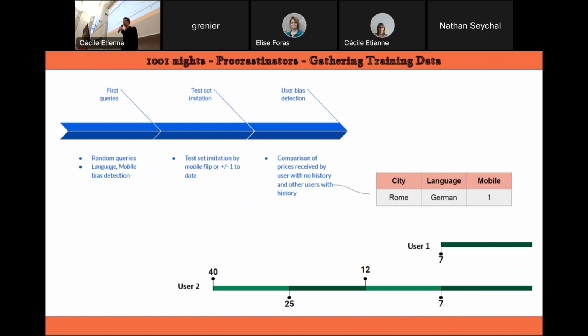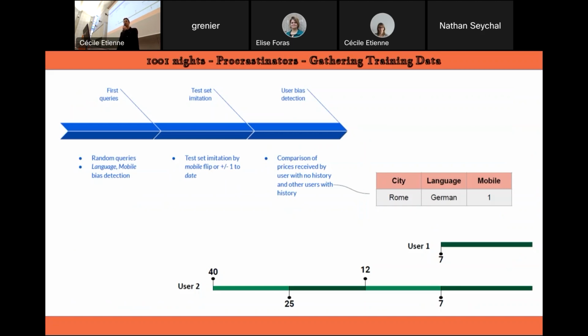But user 1 just requested on date 7, whereas user 2 had requested for a long time, on dates 40, 25, 12, and after 7. So it clearly has been more interested over time in going here, so the intuition would be that the prices would be higher for it.